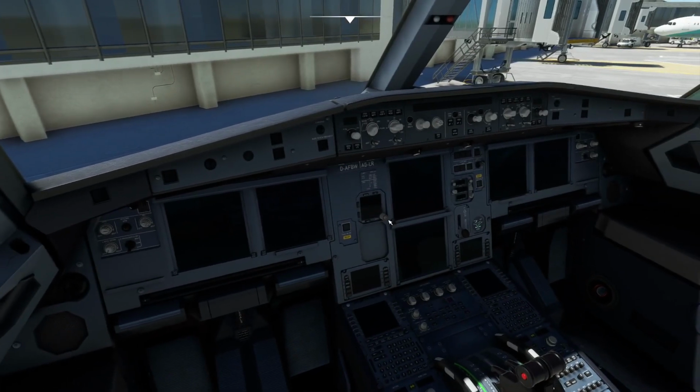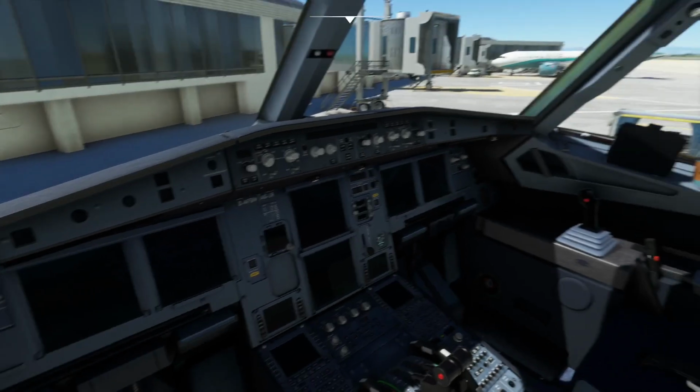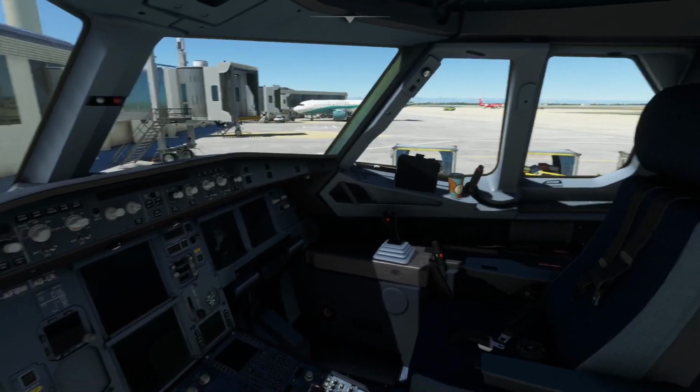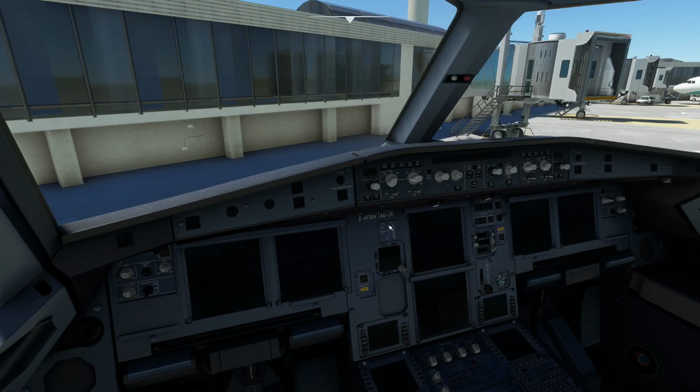So this is the A320Neo fly-by-wire. It's a pretty similar cockpit to the regular vanilla A320. And if you want to install this, link in the description. It's pretty self-explanatory. You just need to click on the installer, install the A320Neo, and it's already in your game. You don't need to do anything